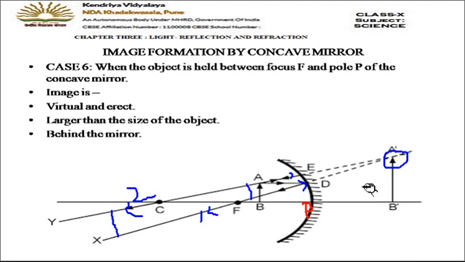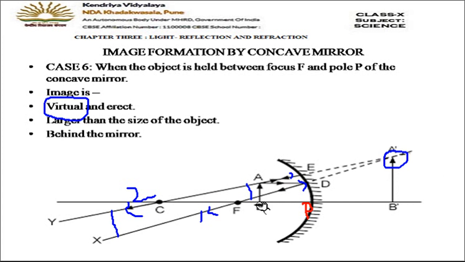Fine. And the image will be, please remember now, because the rays are not actually meeting, they appear to meet, so the image will be virtual. Okay, virtual image, where the rays appear to meet, and virtual image is always erect. Okay, you can see here the image is formed above the principal axis, which is denoted by plus sign, erect.